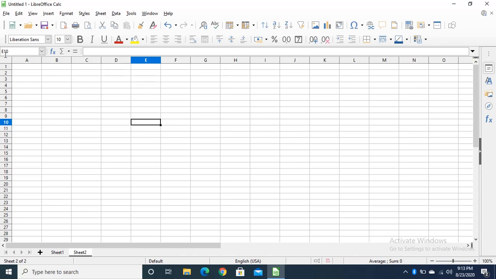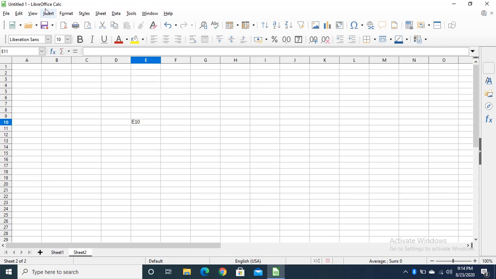Now the first is relative cell reference. In relative cell reference, suppose E10, this is a cell reference, this is a relative cell reference. What happens is that whenever we change the cell, the address automatically changes. So this is the cell reference, right?